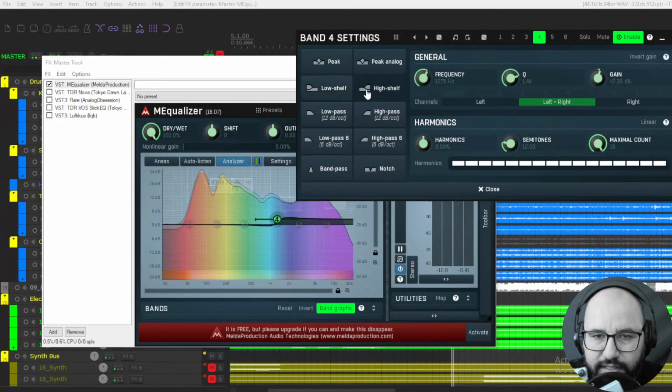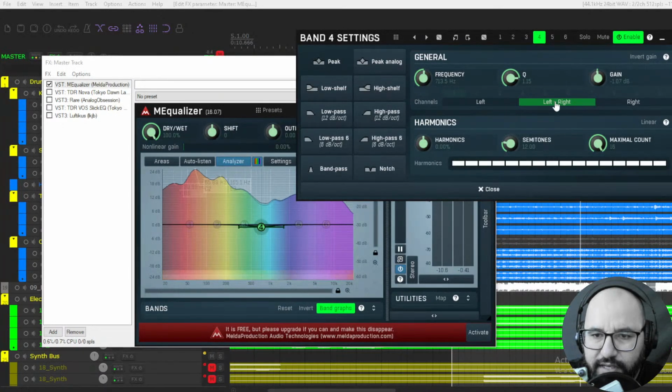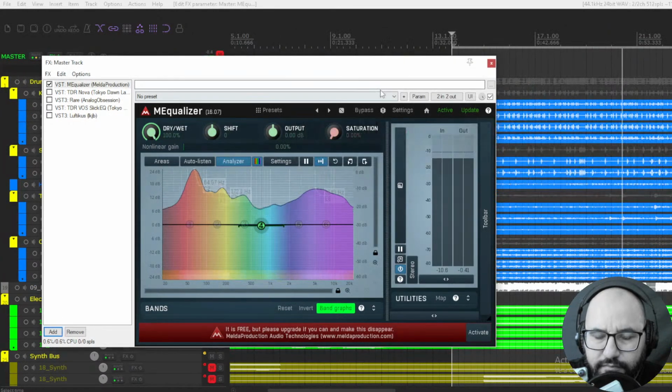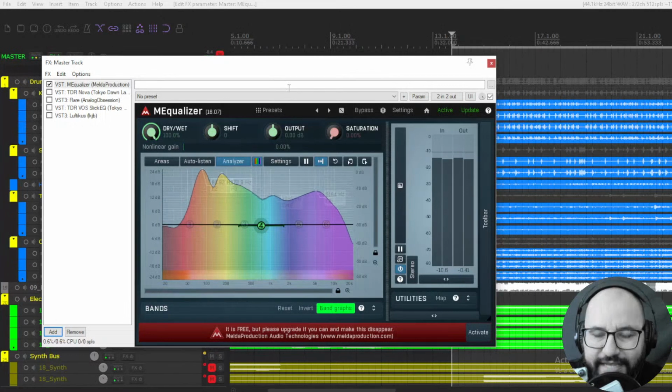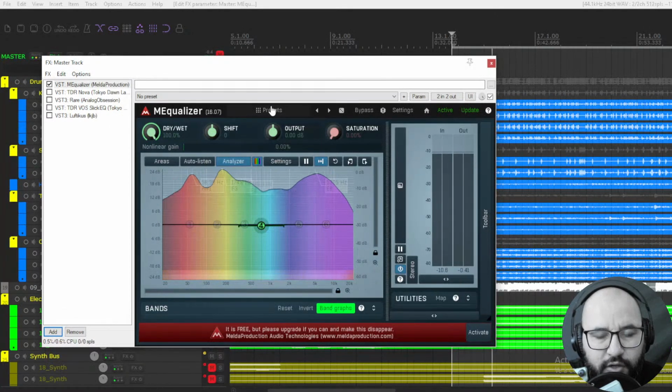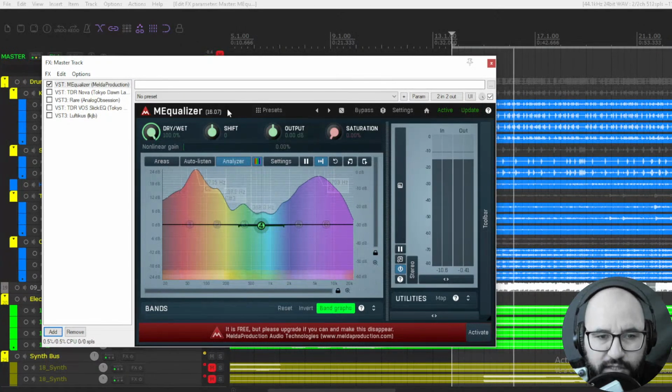So this is the typical peak, and here you can also choose the frequency, the Q, like I said, and the gain, boost or cut. But the cool thing about this plugin, and I remember back in the day when not a lot of EQs had a way to listen only to what's happening in a specific band, like FabFilter Pro-Q 3 or Pro-Q 2, I believe it was at the moment.